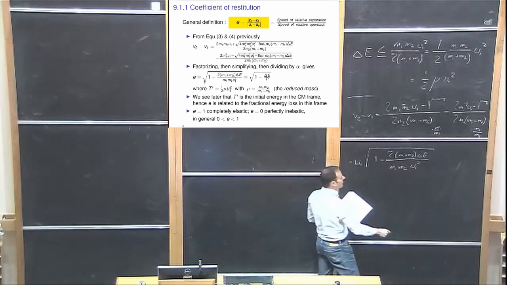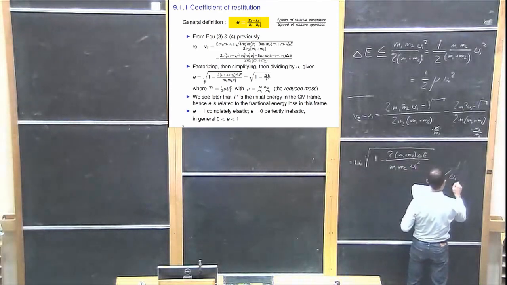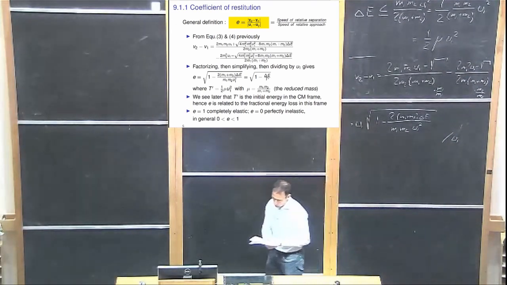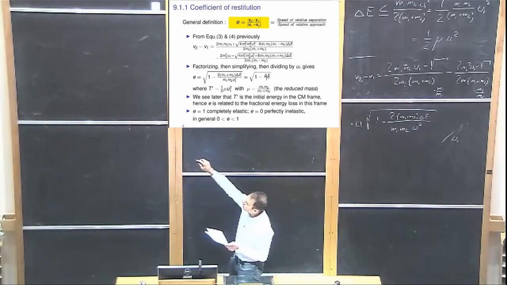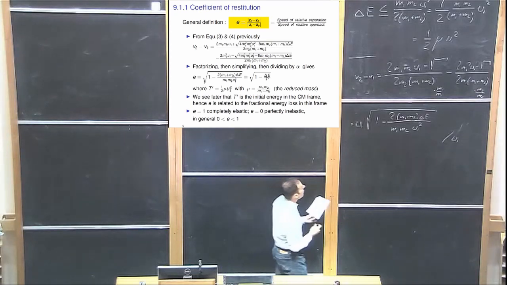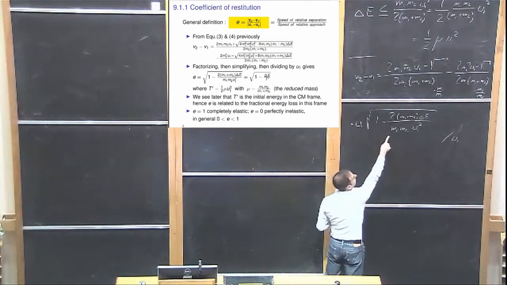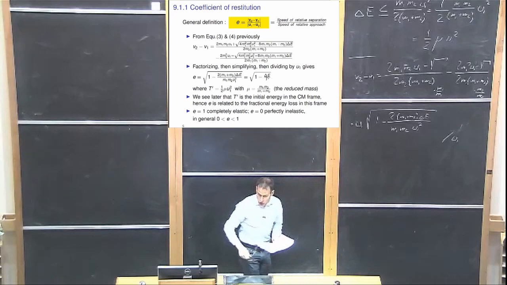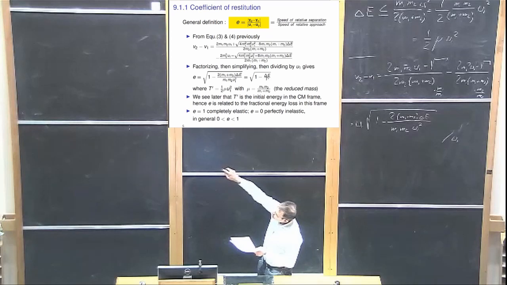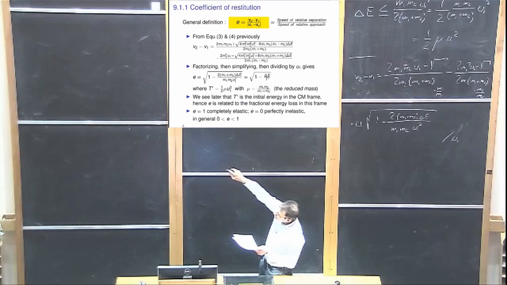And if you then divide that by u1, you get to the coefficient of restitution. So that's basically what we've done: factorizing it, then simplifying, and then dividing by u1. That was the last step. And then we arrive at this term. If we take out u1, we have here now the coefficient of restitution. And we have here this T prime, which is the reduced mass in the velocity of approach,